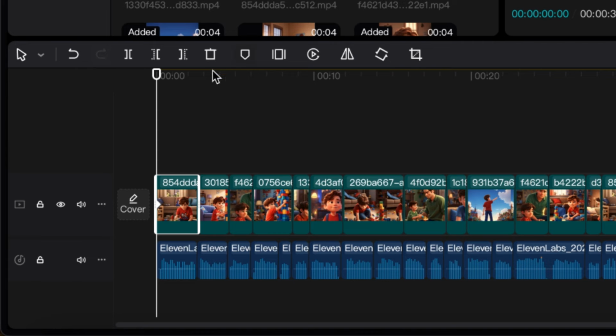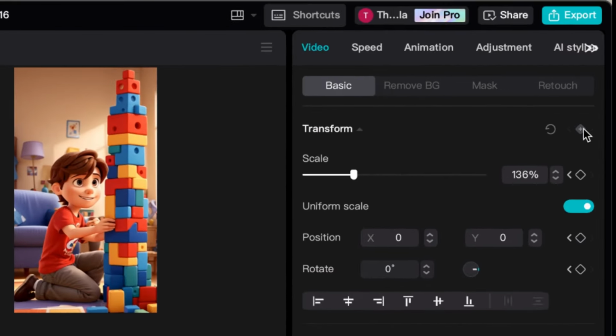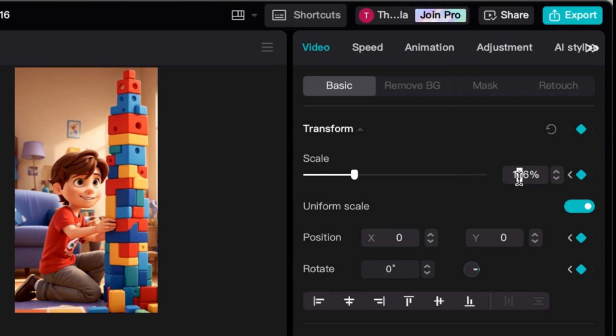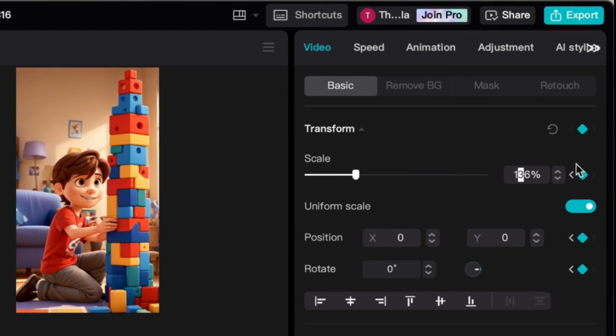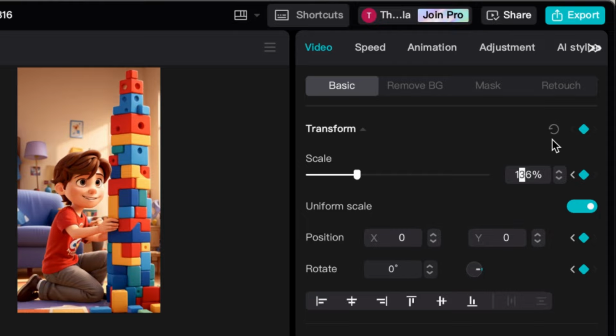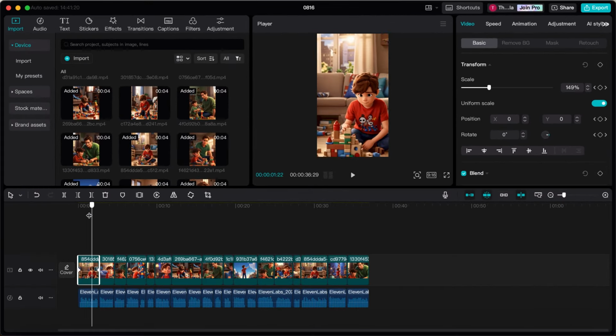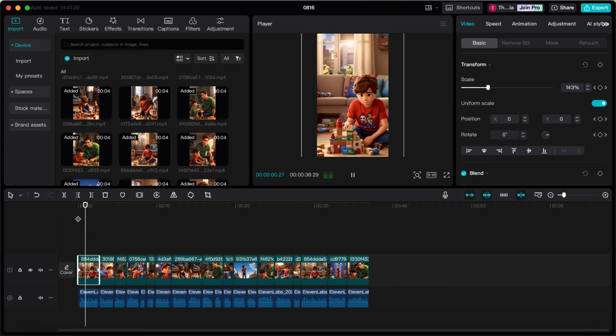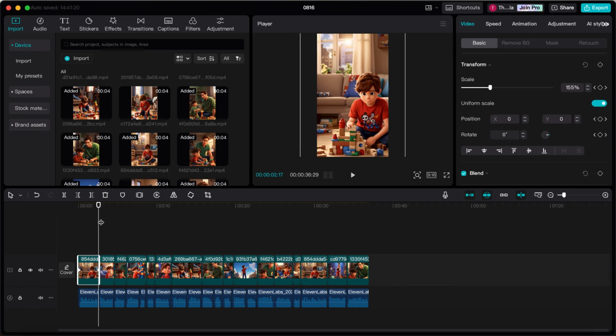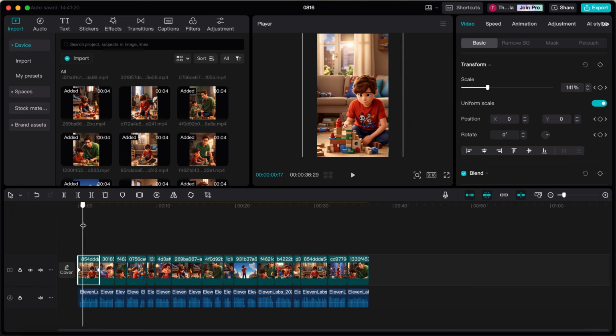If you then place the timing bar at the end of this clip and add another transform keyframe, you can then adjust the scale settings of this clip specifically for this place in the editing timeline. I would recommend to increase the scale settings with 10 to 20%. What will happen is that the scale settings gradually change from the first keyframe to the second, giving you a subtle zoom in effect. It's like slowly zooming in on your neighbor's windows. Not that I know anything about that, of course.